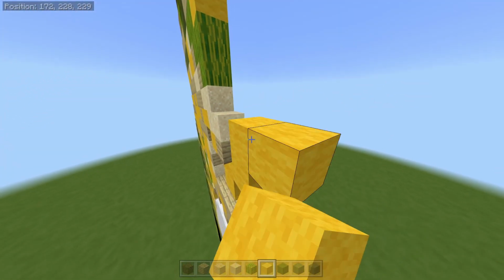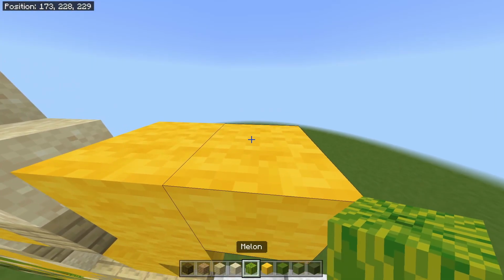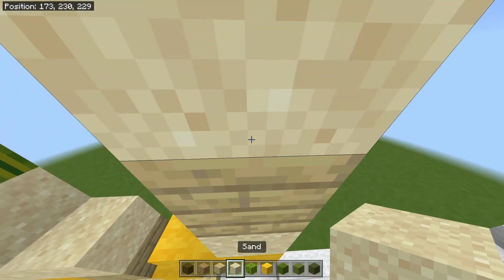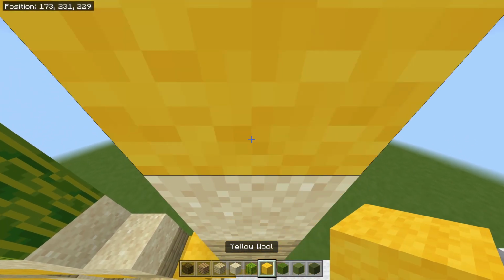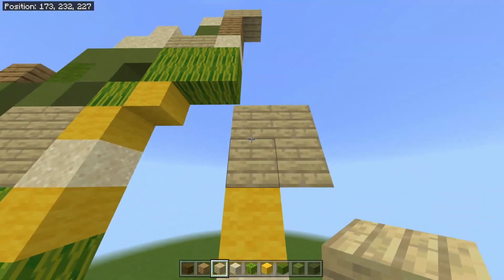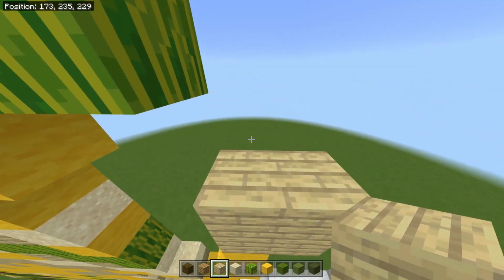From the top block of those 2 on the right, place a yellow wool with a sand above it, with a birch plank above that, and a sand above that, with a yellow wool above that, and place a 2x2 of birch planks going to the right. On top of that, that should look like that. On top of the